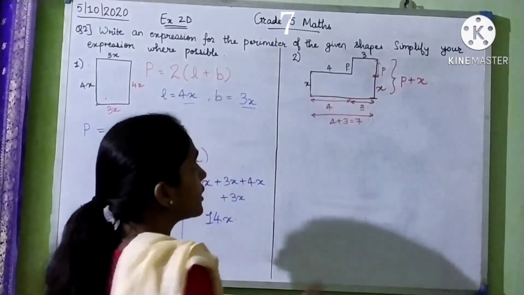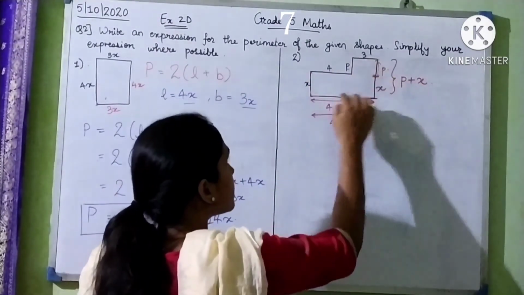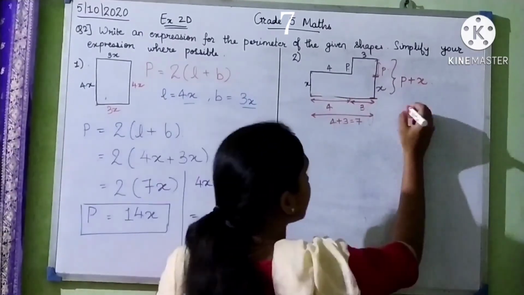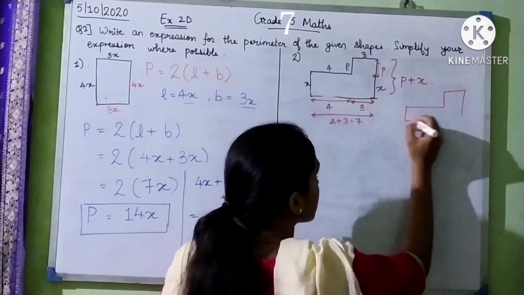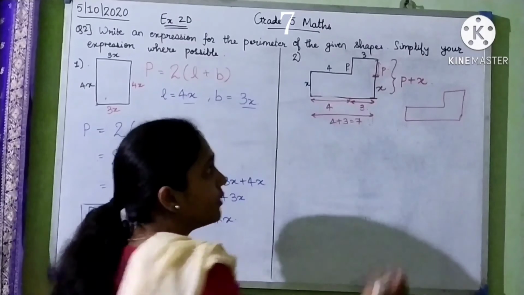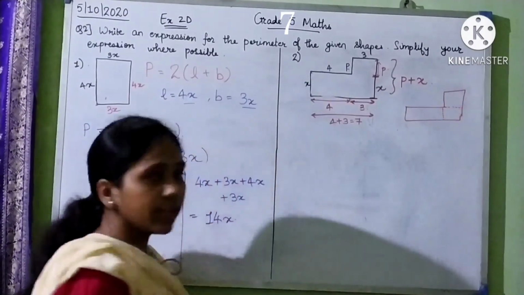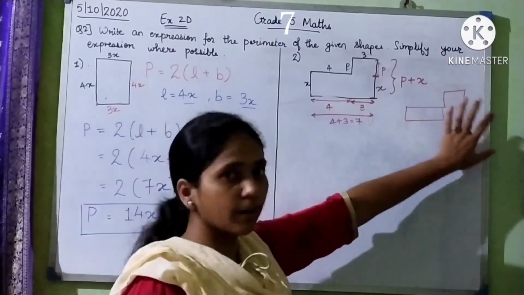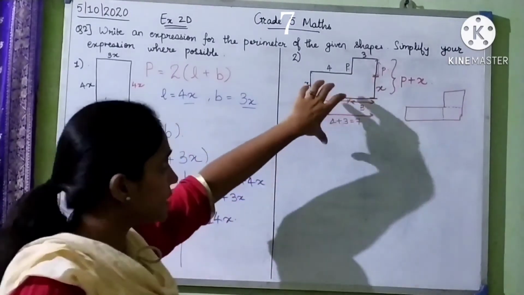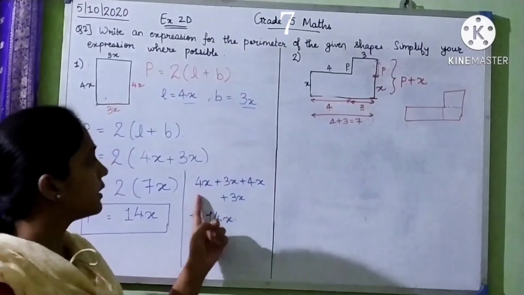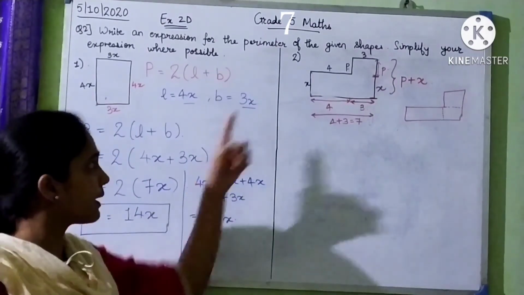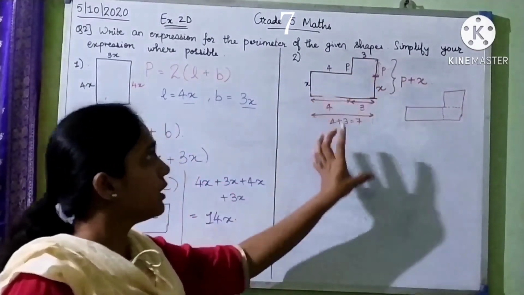Okay, we just want the outer boundary of this figure. We just want it like this. How much is this? This we want. We don't want any line which is there inside, over here or over here. So we just want the outer boundary. So in this case, we are going to solve it this way, just by adding the lengths of all the sides.